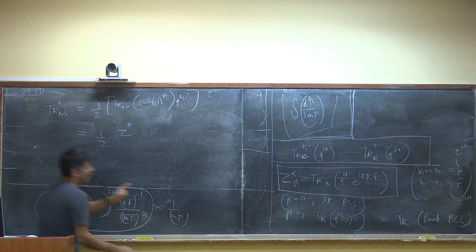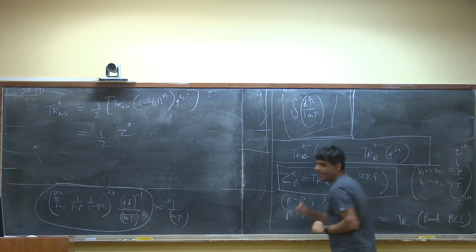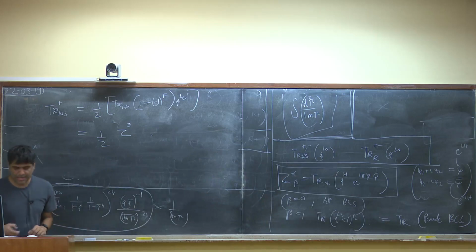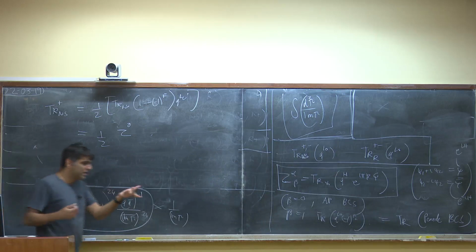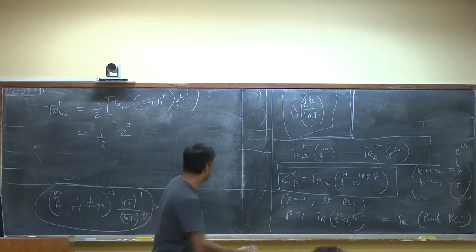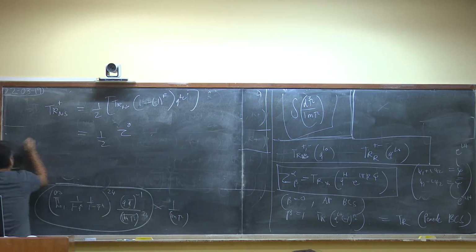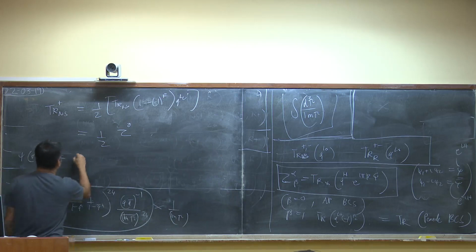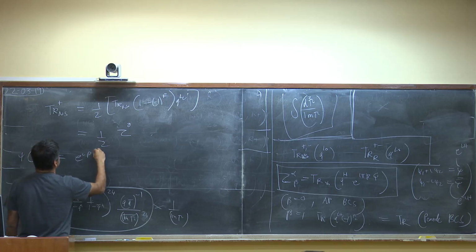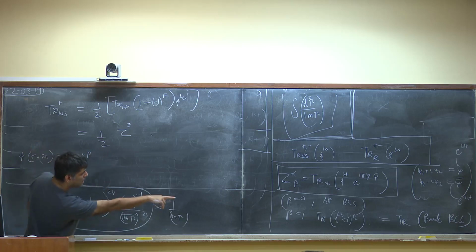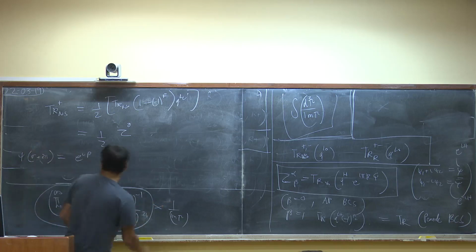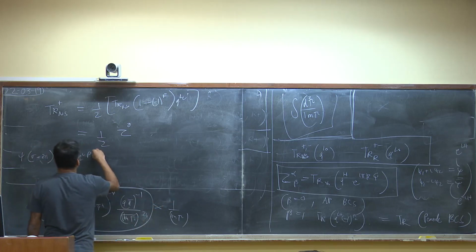Okay, good. And what is this beta here? This beta here is the boundary condition as you go around. So the boundary condition we're looking at is psi of sigma plus 2 pi is equal to e to the power i beta times pi times psi of sigma.